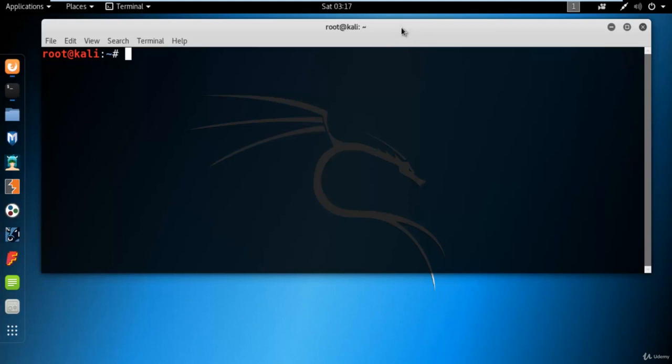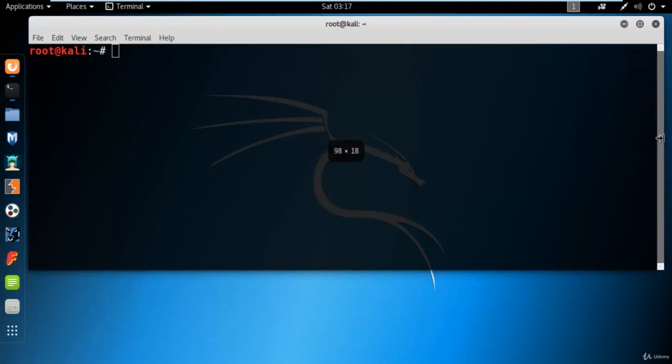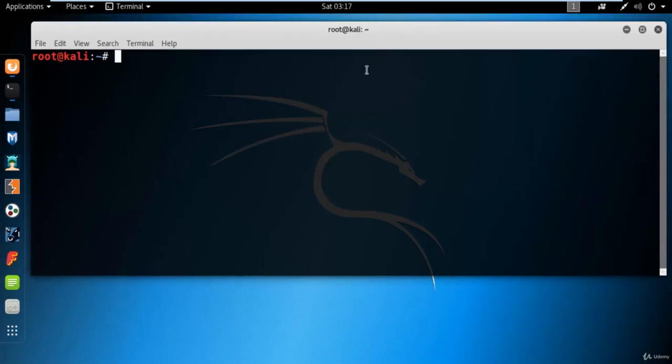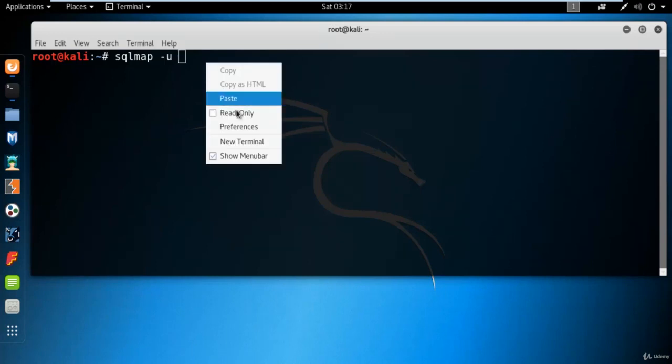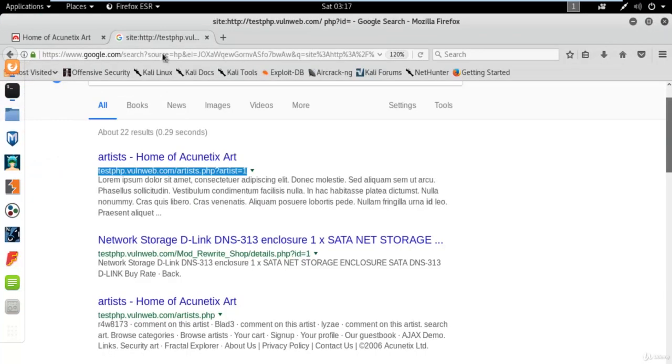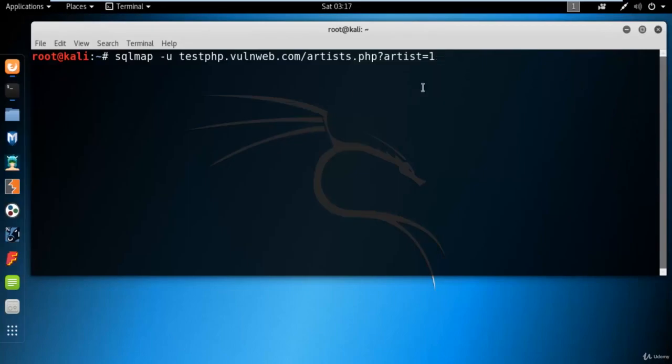Let me show you. There are some fixed commands available in the SQLmap tool that we can use. You can simply type sqlmap space -u and paste here the link which you have copied, and you can minimize this. testphp.vulnweb.com/artist.php?artist=1. After the link, type what you want to find.